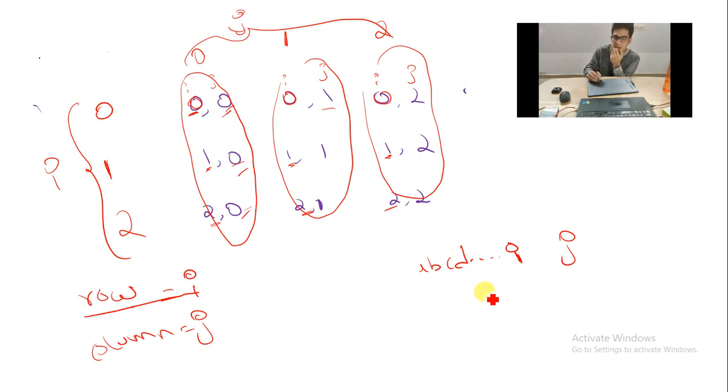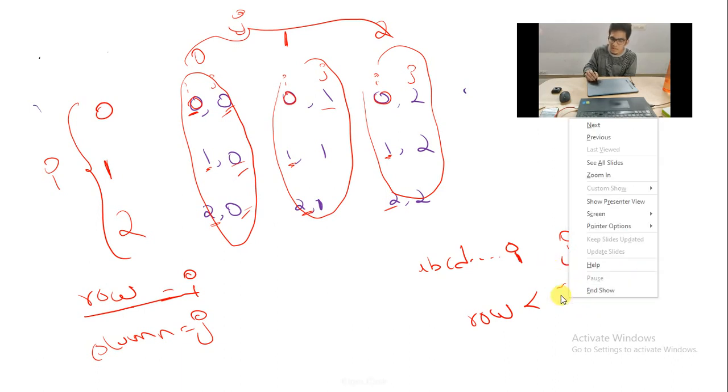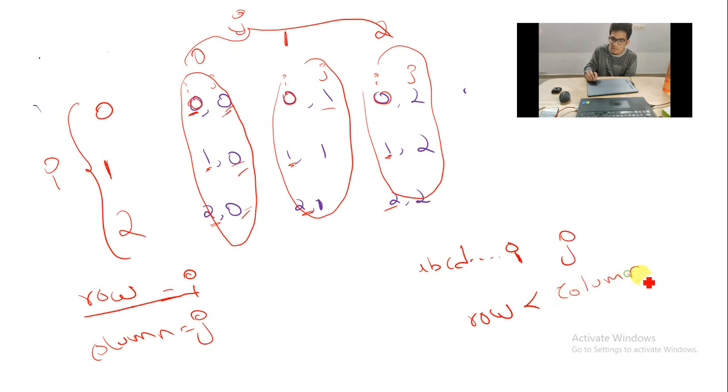And in row and column, don't you think the word row is smaller than the word column? See the length here.